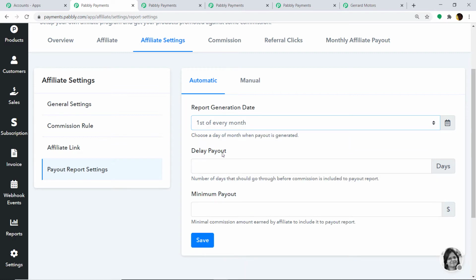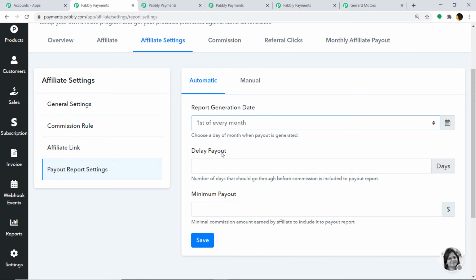Okay, now coming to the delay payout. So what is delay payout? So basically this is a tough one to understand, so bear with me. Imagine this, a customer purchased a product worth $100 and the affiliate got the commission of $20 because as you may remember, we had kept the commission at 20%. Now after some days, the customer demands a refund and I gave him back the refund, that is $100 back. But then I remember that I had also paid the affiliate $20. Now the customer has been refunded, the affiliate should also return my money, that is $20. But that actually doesn't happen.